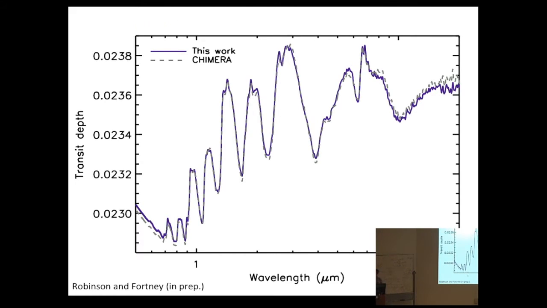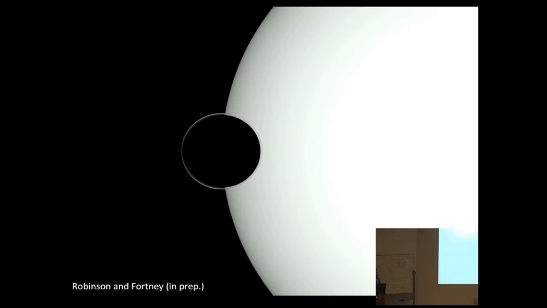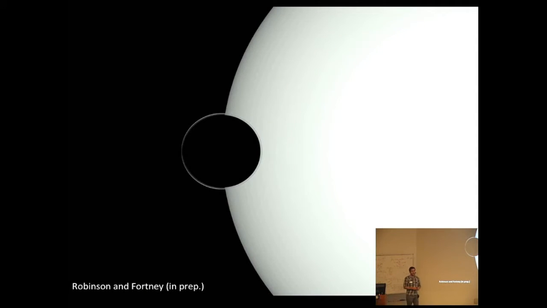The stuff that I'm about to show you right now is unpublished and is in prep, and I just want to attach a little caveat here that my slow brain is still at work on these, so it's definitely a work in progress. With my simulator, one of the things that I wanted to include was multiple scattering. And so now I can look at the effects of scattering on exoplanet transits. This is a simulated image of a hot Jupiter-like scenario where I've put it on the limb of a star. The star is limb darkened.